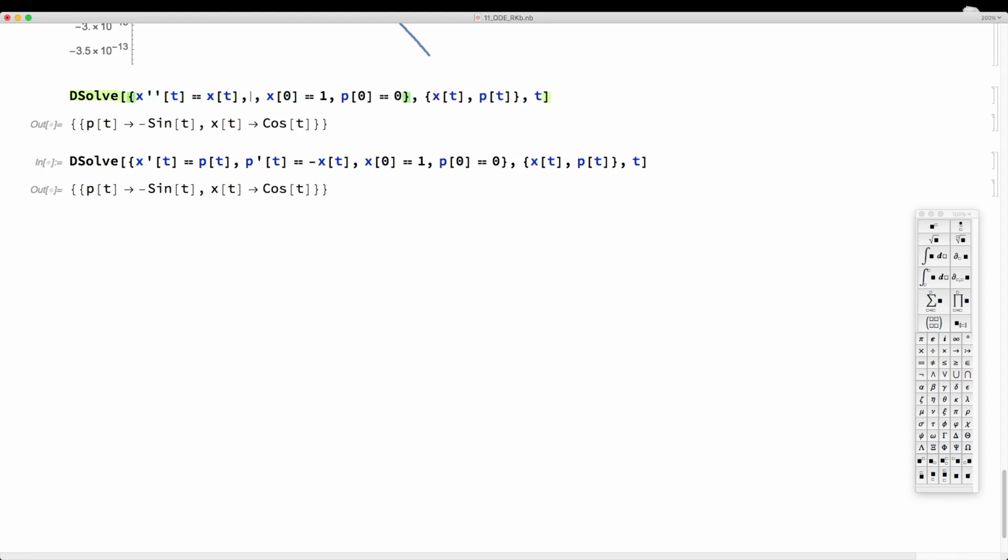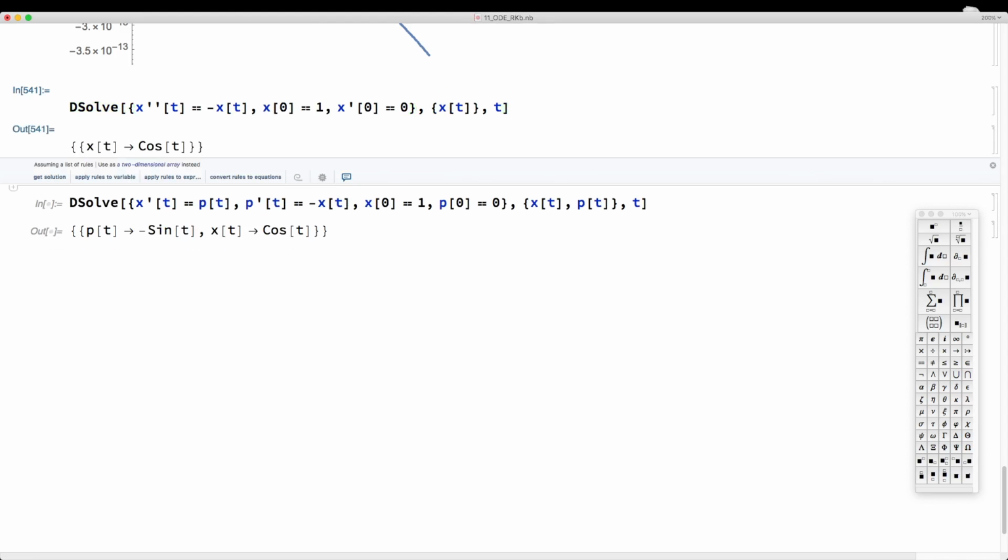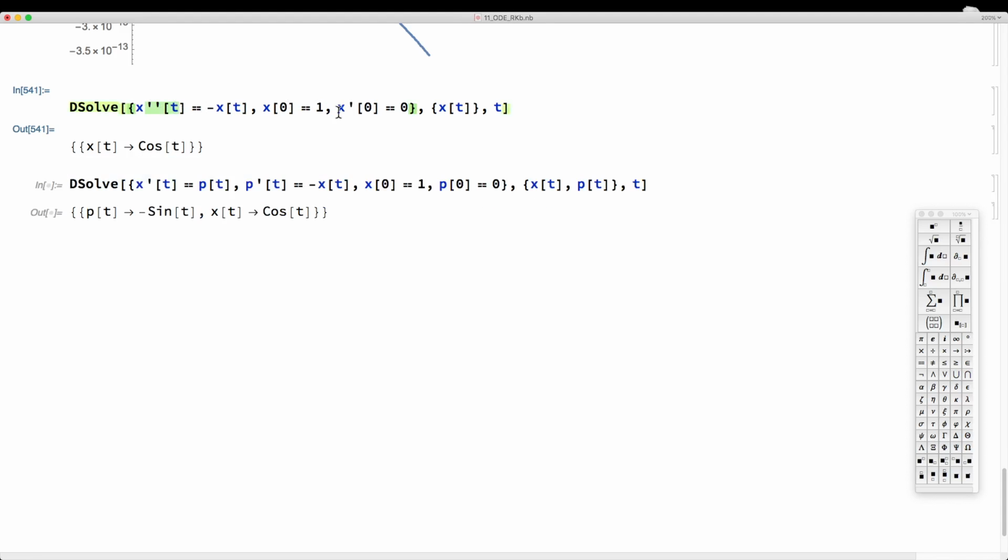And we had initial conditions x of 0 equals 1 and x prime of 0 equals 0. And the unknown was simply x of t. And actually there was a minus here. And that was the solution x of t to the system given these initial conditions for the second order differential